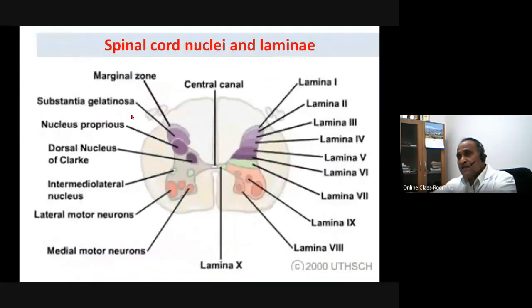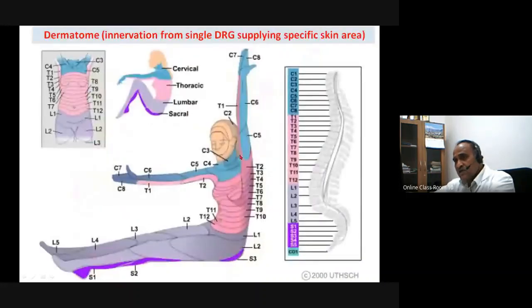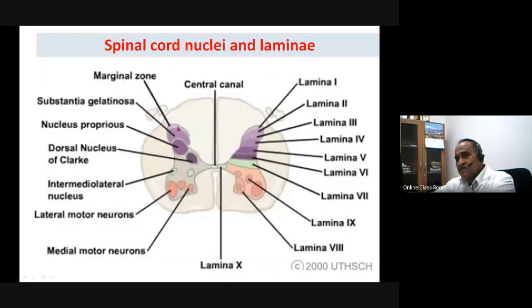Now, this is the spinal cord nuclei, because, if you are looking here, these are the horns. These horns are gray matter. The gray matter contains the cell bodies of neurons, and these neurons are arranged in clusters. So now, on one side, we have the various nuclei of the spinal cord. Starting with the cap-like structure, this is the marginal